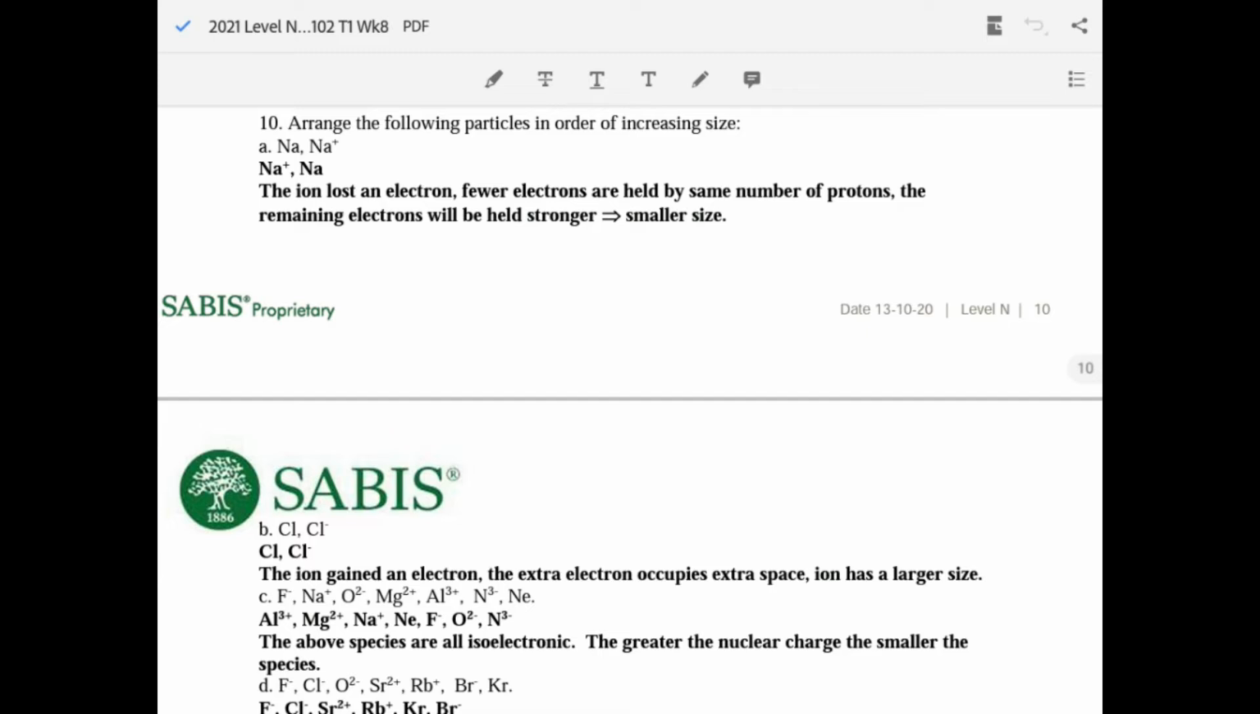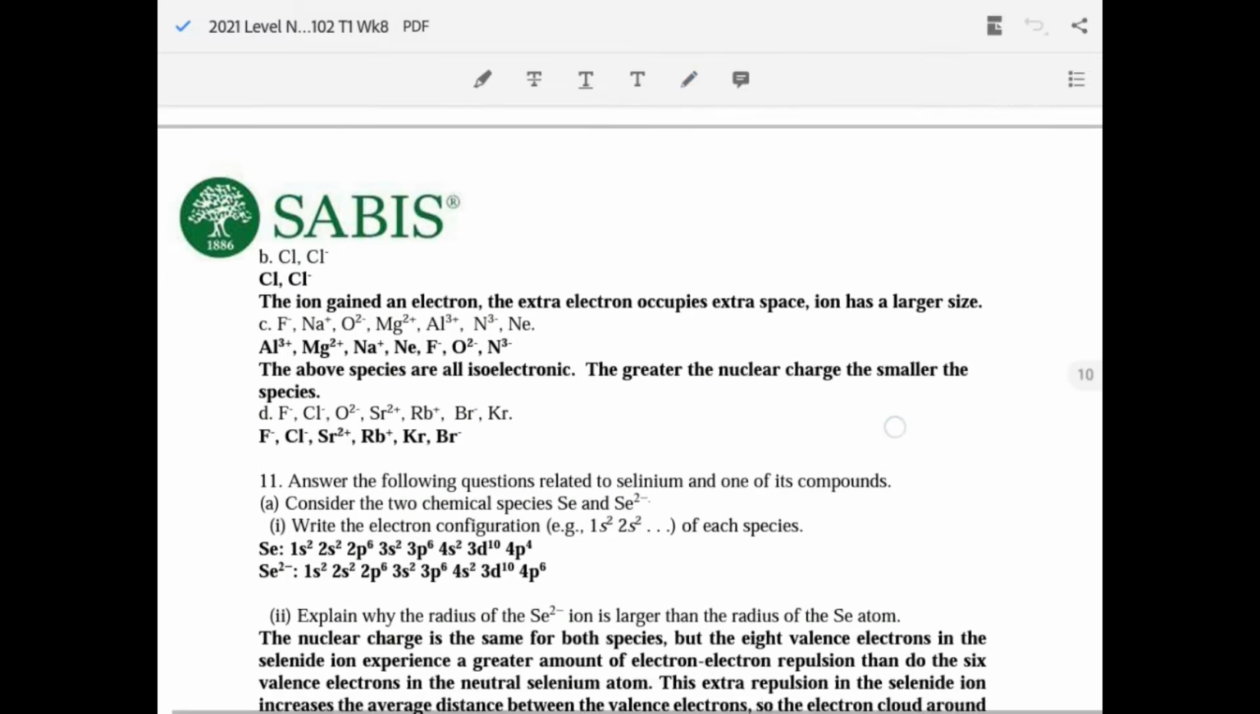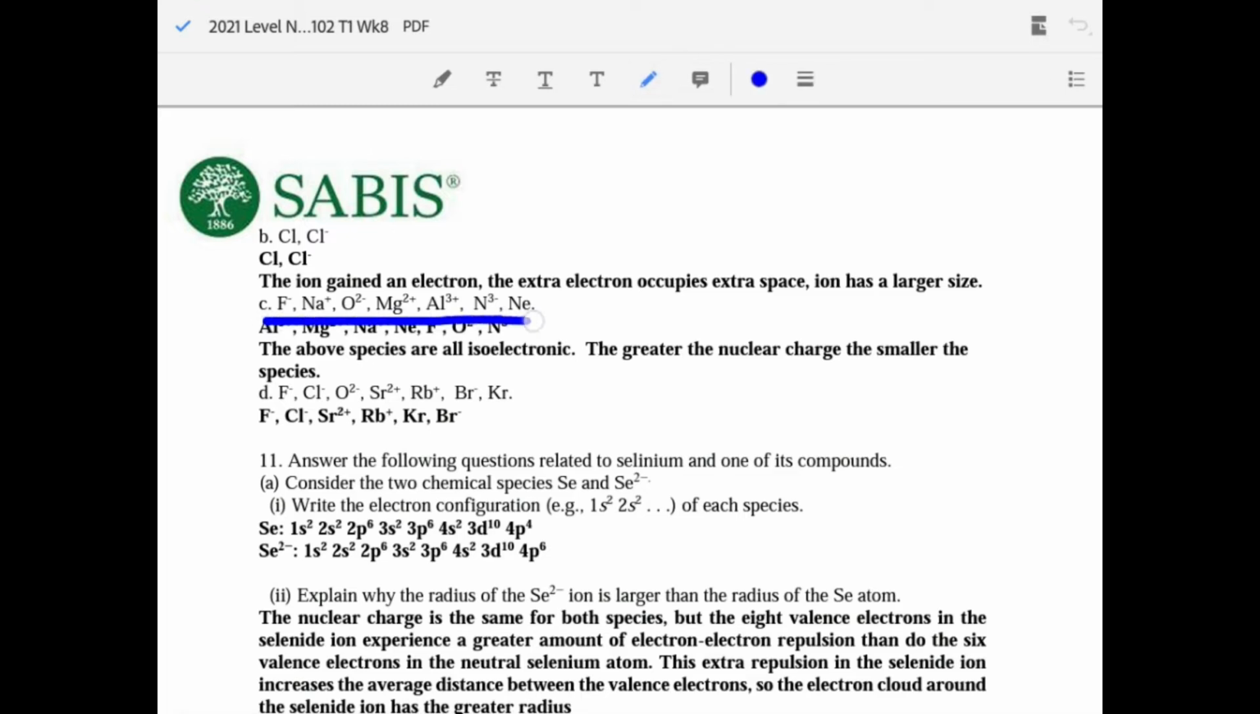And number 10, arrange the following in increasing size. Na and Na plus: Na plus lost an electron, so Na is bigger. Cl minus gained an electron, so Cl minus is bigger. And here, all of them have the same number of electrons, which is 10. So it depends on the positive charge, or how much the nucleus attracts the 10 electrons. Greatest positive charge will attract them a lot, so the radius will be smaller. So Al is most positive, then Mg, then Na,